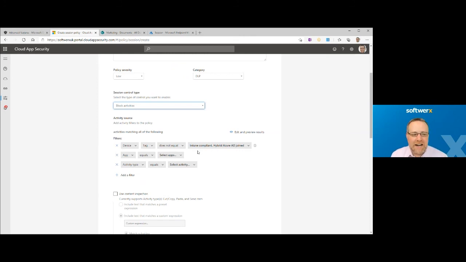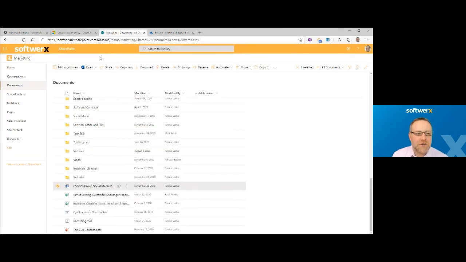You don't want the block downloads to apply to those, but you do want the block downloads to apply to, for example, a senior management team site. So you might use the filters here to filter out a particular site URL so that the control is applied to that. And then the user experience, as we saw here, is it all looks and functions in the same